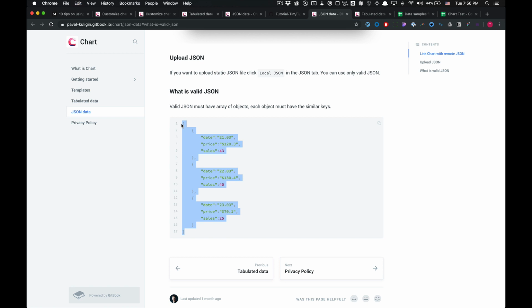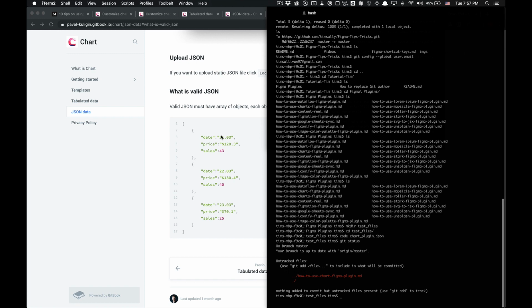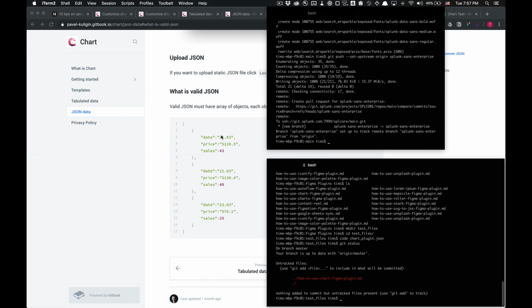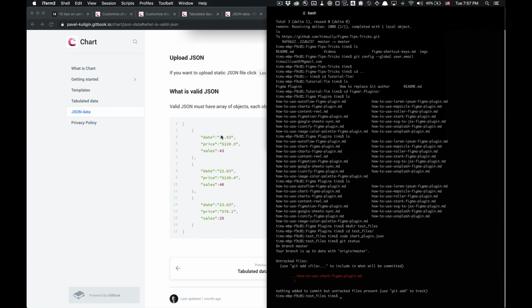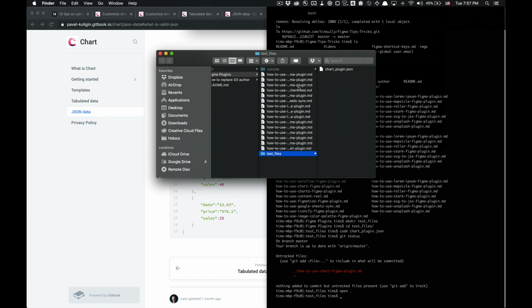What you can do is, if you have a code editor or whatever, you can create a file, paste this in the file, save it, and you can upload it locally. So that's exactly what I did. I have a terminal, for those of you who don't know what that is, I don't know what to tell you. Just Google it. So I'm going to open my Finder here via terminal, and I have this test file which